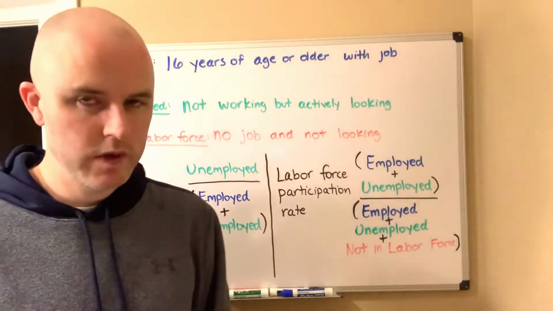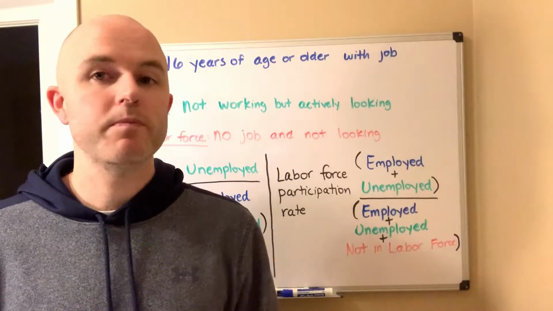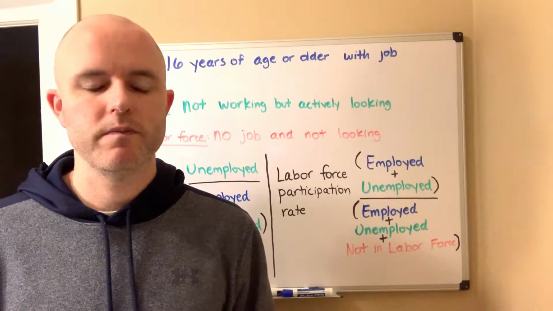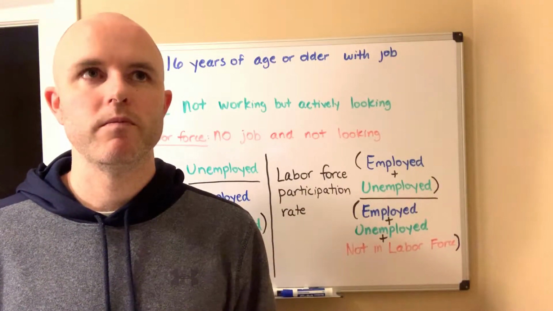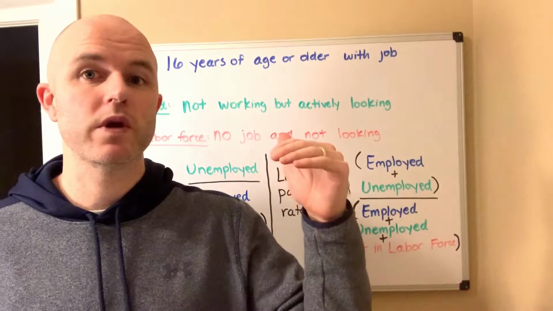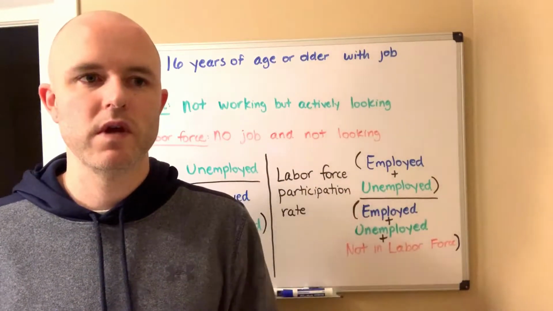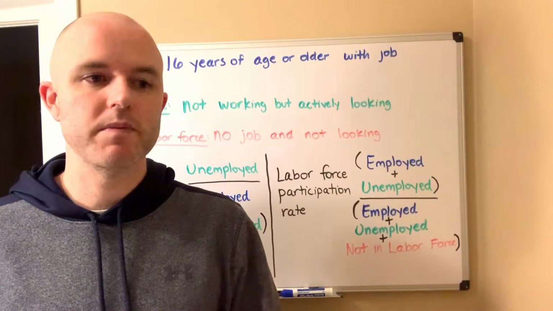And then I'm going to show how one could manipulate the statistics in order to create a desired outcome, perhaps a lowering of the unemployment rate, which is a good thing. It looks very favorable. It makes the economy look